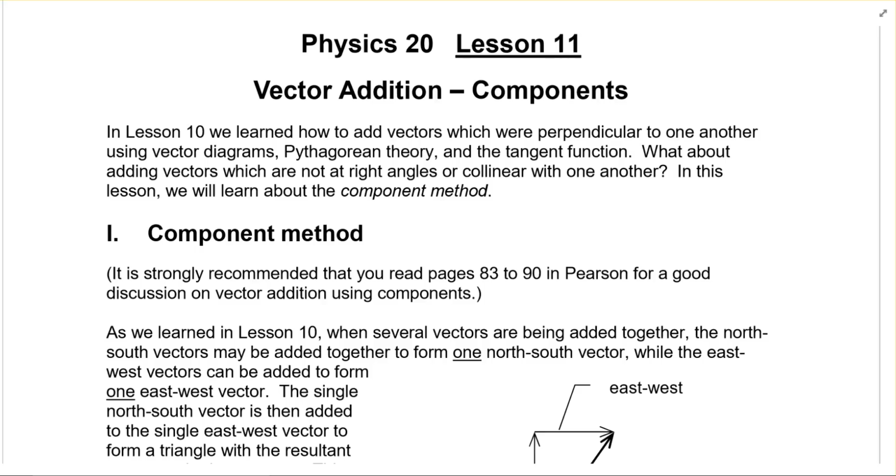Lesson 11, Vector Addition with Components. All right, so in Lesson 10, we were dealing with vectors, one going that way and one going this way, and then we'd figure out that the resultant vector was something like that. And